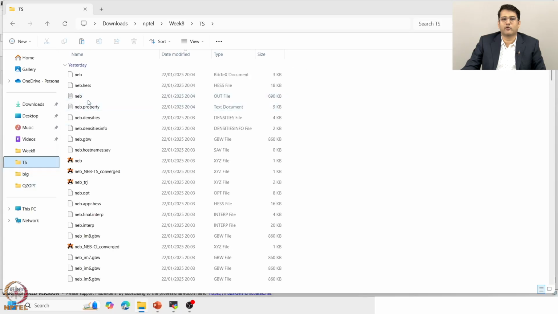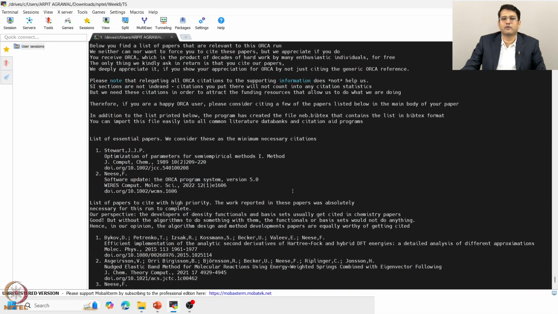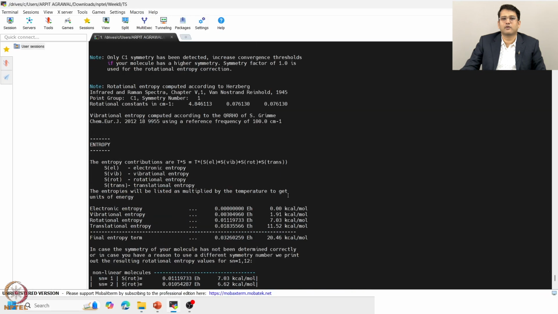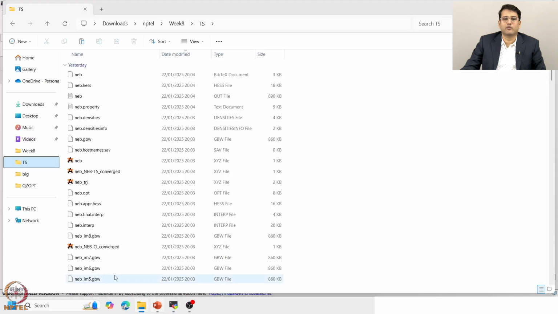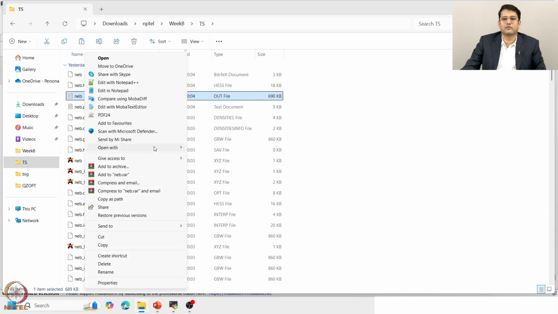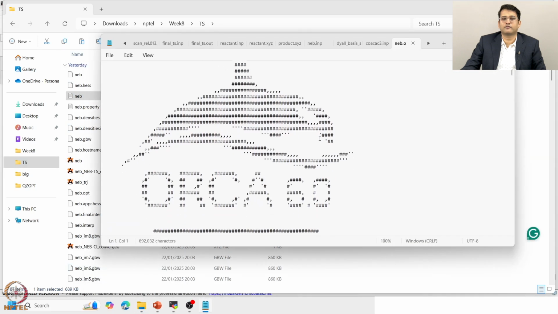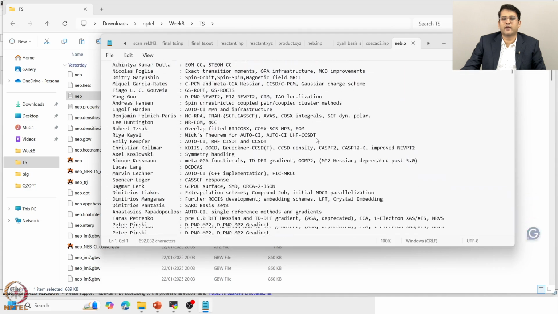So now my calculation is complete. Let me go to my neb.output file, and if I go a little bit up, maybe I should open the output file and it will be easier to see. So what this NEB-TS does is that,